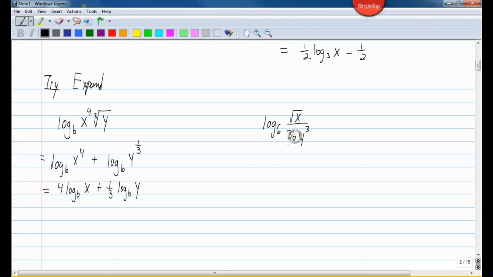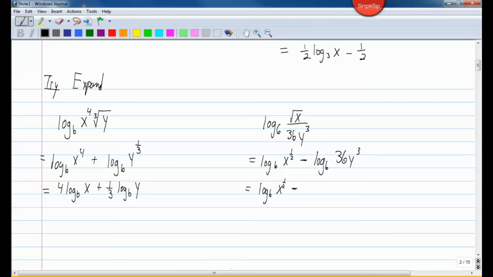Now I need to first see, can I apply the quotient rule? I can, because there's a fraction. This is log base 6 of the square root of x, which is x to the 1/2, minus log base 6 of 36y to the 3rd. Now I am subtracting here, so anything that I do after this subtraction, I need to make sure that I subtract it. Okay, so that's log base 6 of x to the 1/2 minus,